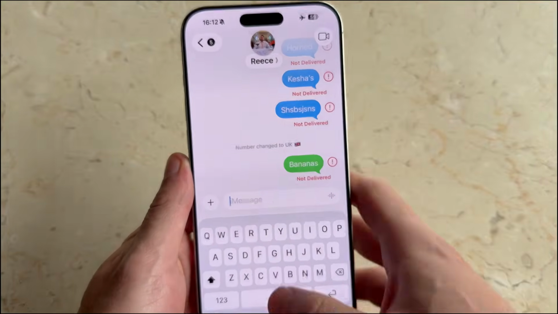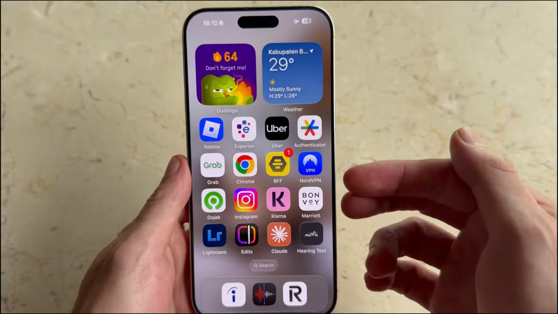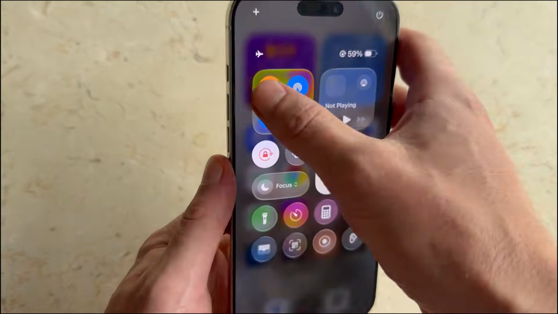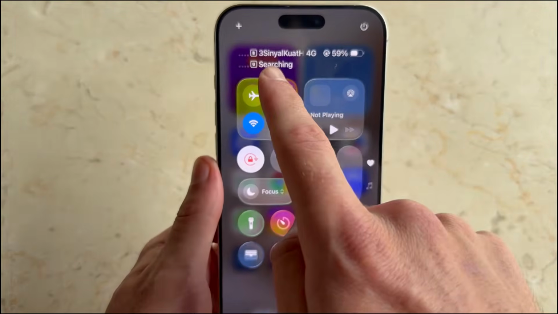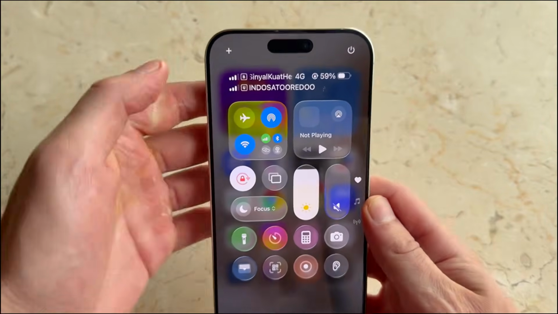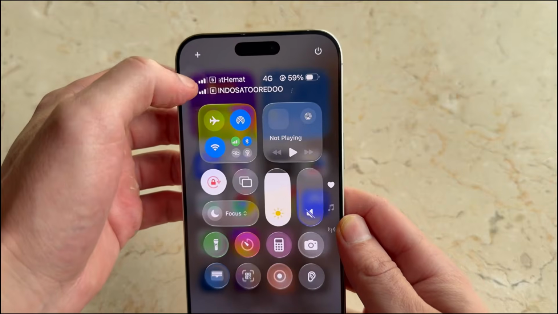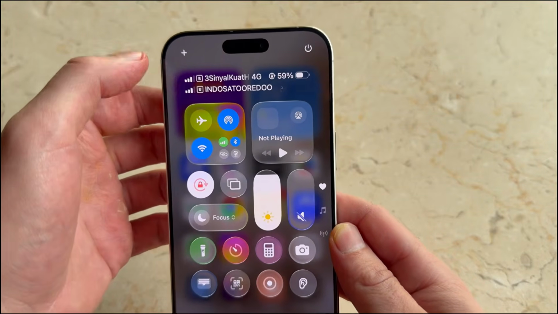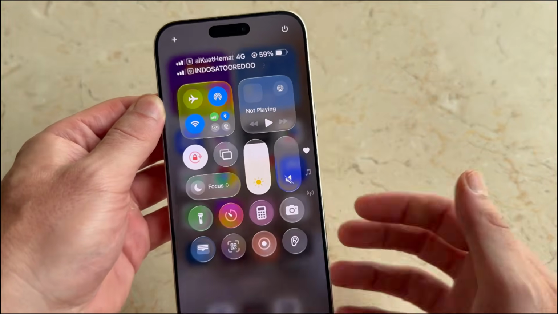So what you need to do is head over to the home screen on your phone and then use your finger to swipe down in the top right hand side of the screen. Now, first of all, you need to make sure that your SIM card is actually working correctly. So you can see in the top left-hand side, you should see the name of your SIM card carrier. If you see anything here like no signal or no SIM, that will be the reason why the messages are